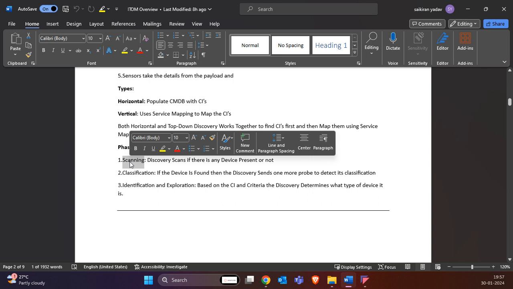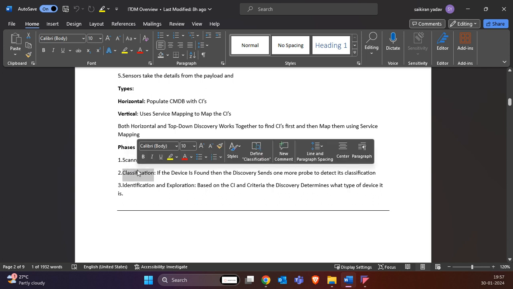Discovery scans if there is any device present or not by sending some probes. We'll be looking at what these probes are further on. Right now, you don't need to understand that. So it just sends something like a sensor and checks if there is any CI present or not. After that, if the device is found, then it will classify that particular